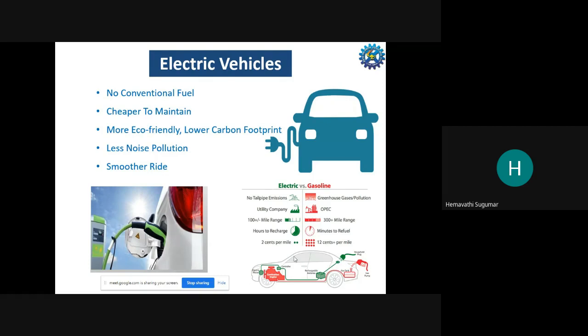And this is called a key component, because there are a lot of components, but it's a very major key component when we consider designing the electric vehicle. Next we see about